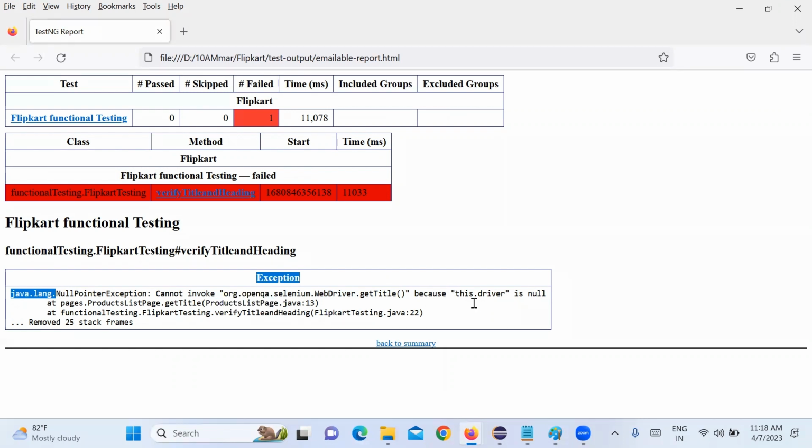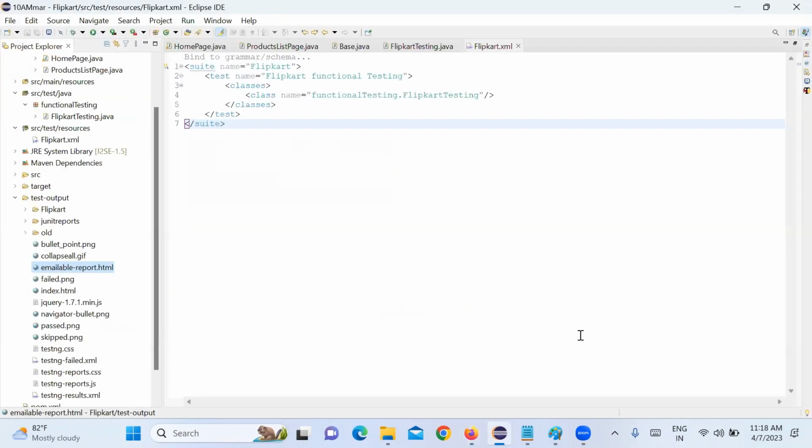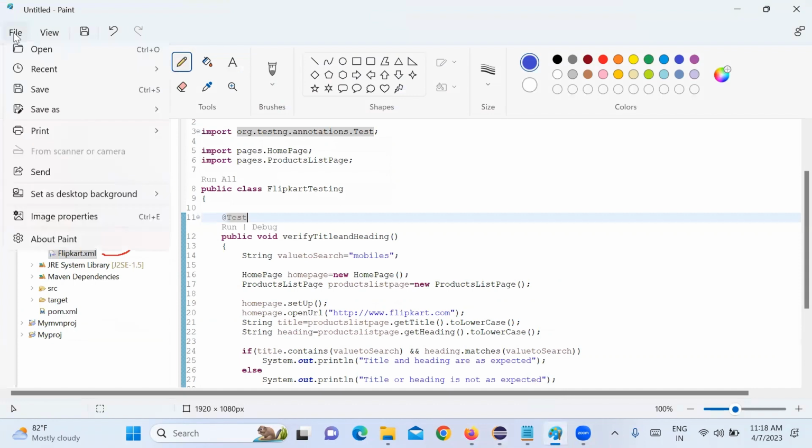So the object is no longer available in the memory. That object is the driver, right? The driver is no longer available in the memory. Okay. Now remember, when you do programming,